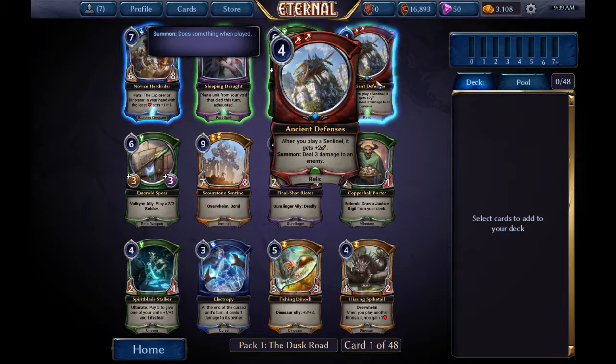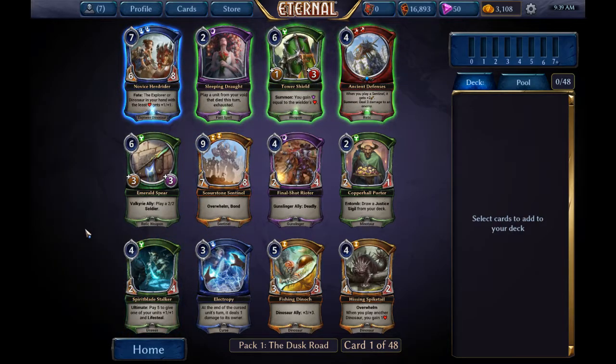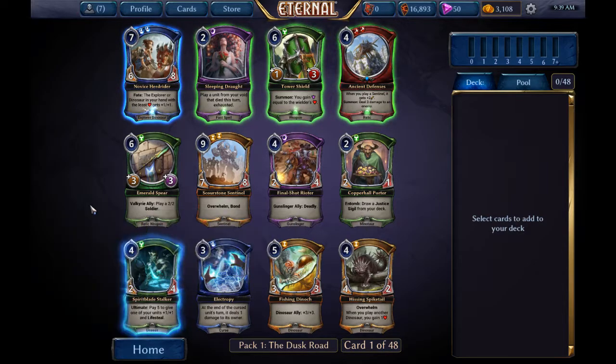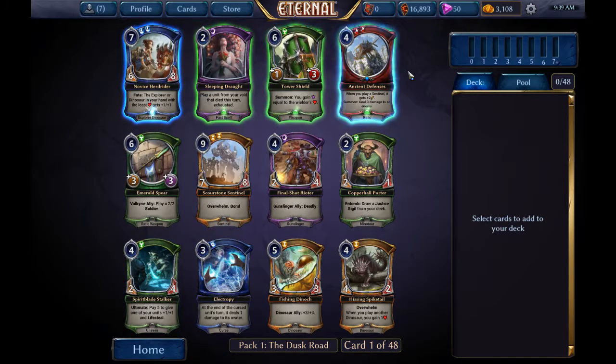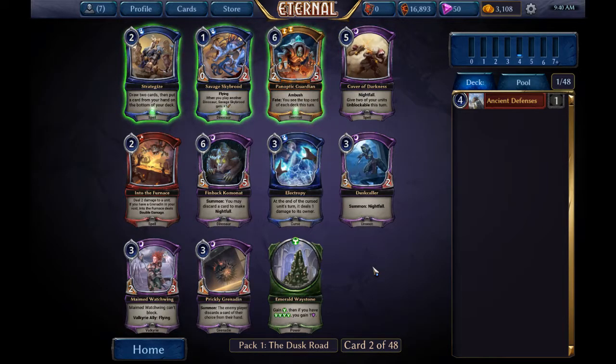So I'm really torn between the Ancient Defenses and the Sleeping Draught here. And then we also have, of note, a Spirit Blade Stalker, which, yeah, that's never going to be seen again. That's such a good card. So a Spirit Blade Stalker, and then after that we kind of have a Final Shot Rider. So there's really only 3 first picks in the pack, and then there's a bunch of other kind of meh cards. We're going to take the Ancient Defenses because removal is extremely important, and we'll kind of see where that